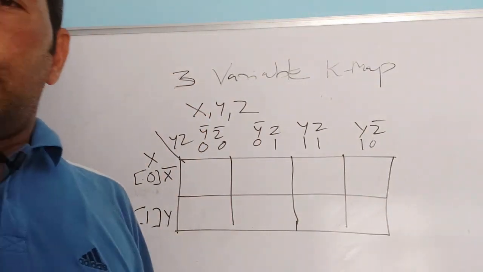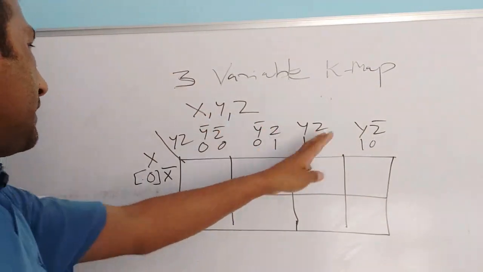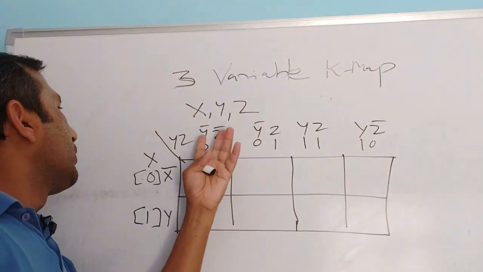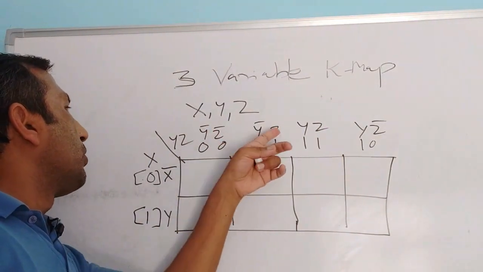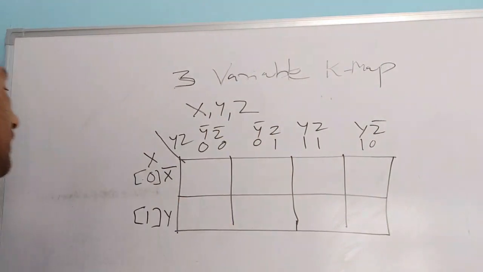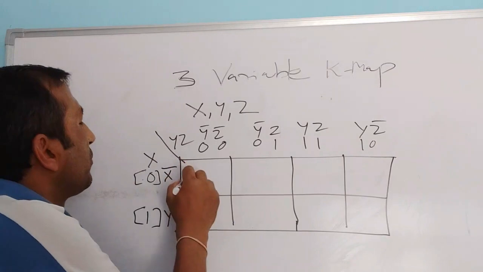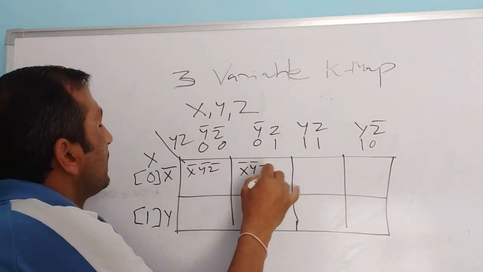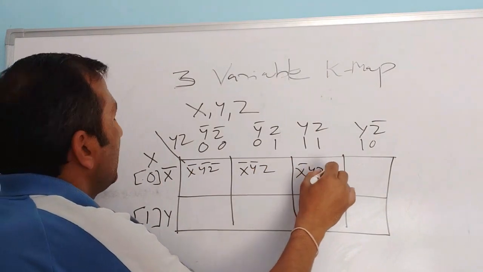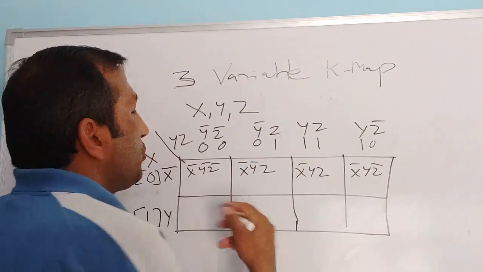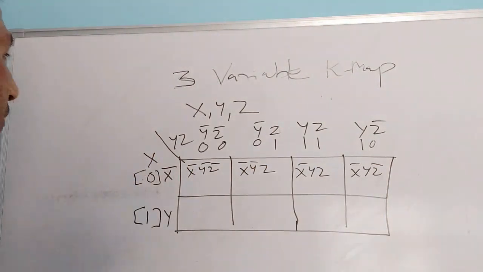I think it is quite easy. I think you can easily understand what I am doing here, because looking at these two values, it will be put as barred or non-barred. For 1 it is non-barred, for 0 it is barred. Fine. Now quickly note down this: x barred, y barred, z barred, then x barred, y barred, z, then x barred, y, z, and then x barred, y, z barred, and so on. That I am not filling, so I think you are aware of this.